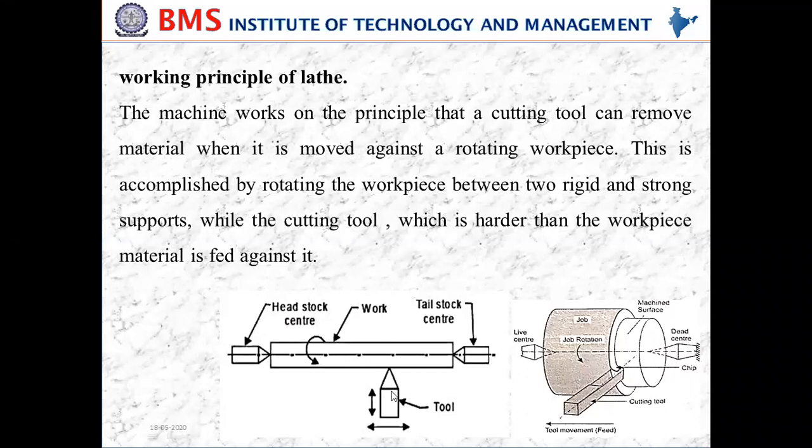So generally the tool is made of carbide tools or high speed steel tools, which you have studied in the materials chapter. So HSS tools we can call it as, or carbide tools we can use. Generally tungsten carbide tools and all we can call it as. So the carbide tools or HSS steel is harder than the workpiece.